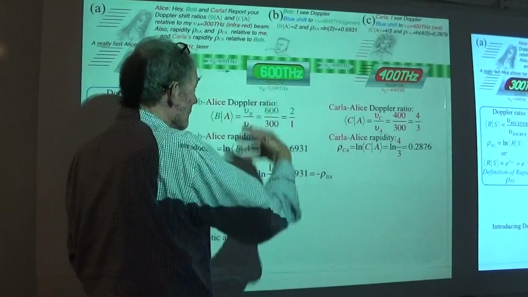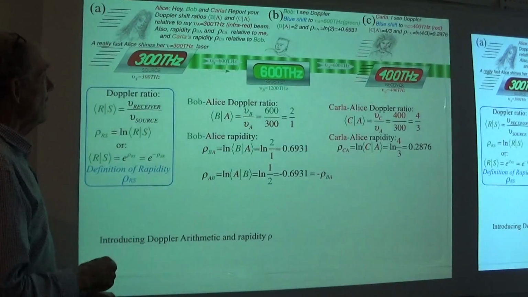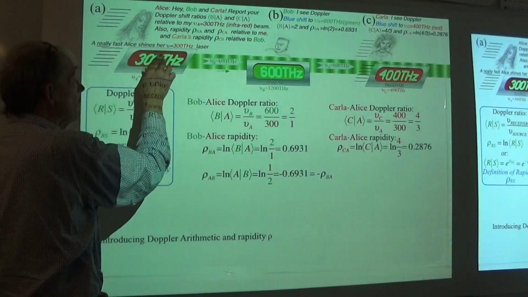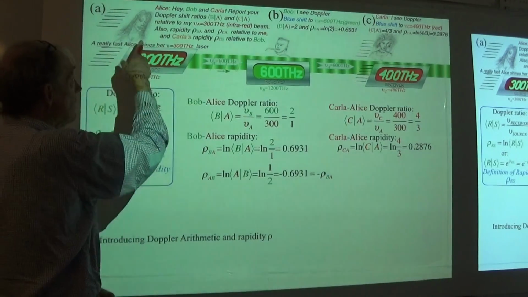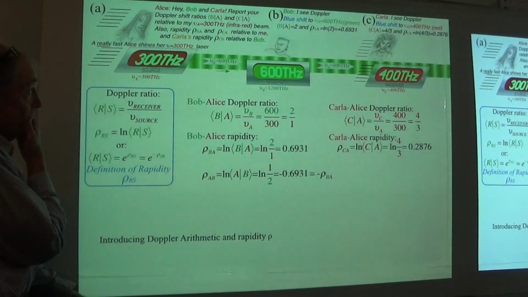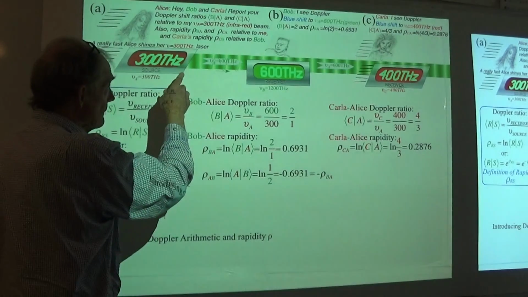Bob is the main character here, so we're looking at what he's seeing with these two galaxies, a shining light, or basically right now just receiving the light from Alice, who's zipping along at a speed that we're going to be calculating here shortly. The idea